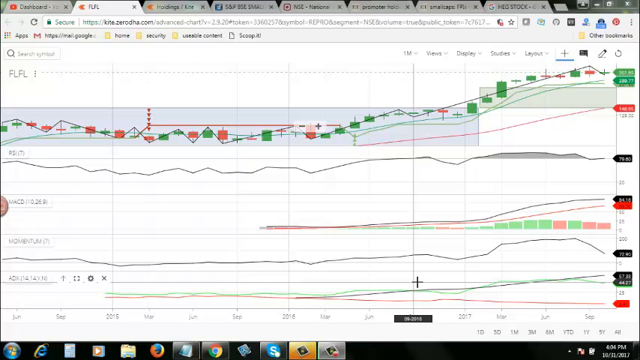Today we are going to do the technical analysis for Future Life Fashions stock, and the ticker name is FLFL. What you're seeing right now is the monthly technical chart of FLFL, Future Life Fashions, and you can see the price trend chart. This is a small cap, and